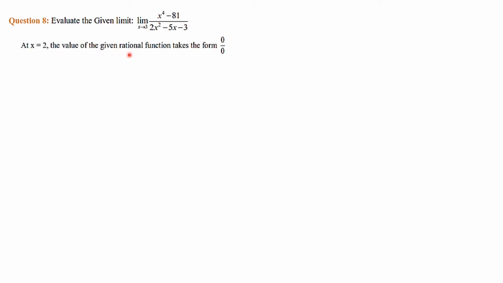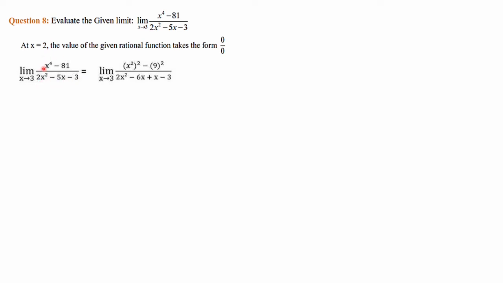Move on to the 8th question. Evaluate the given limit. Limit x tends to 3, x power 4 minus 81 divided by 2x square minus 5x minus 3. In this case also, when we substitute x directly here, we will get indeterminate form, 0 by 0 form. So we have to go with a different approach. A different approach means it's quite simple: just factorize and cancel the common terms. At x is equal to 3, the value of the given rational function takes the form 0 by 0. Limit x tends to 3, x power 4 minus 81 divided by 2x square minus 5x minus 3 is equal to,